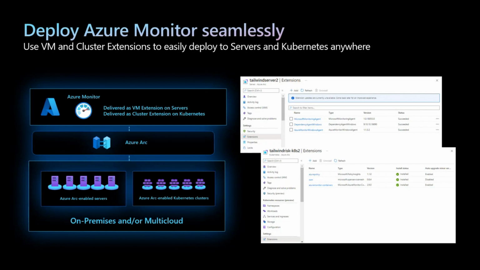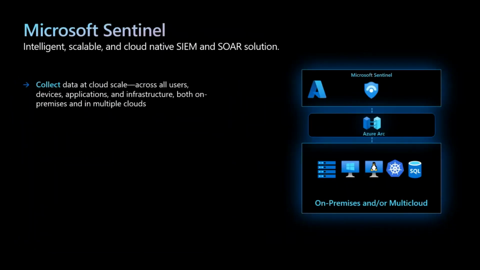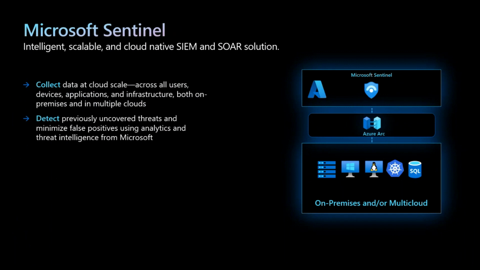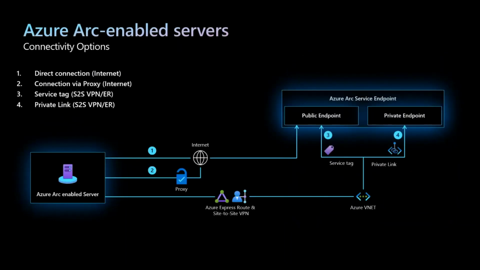So that is a kind of big security relief that we get once we Arc enable them in terms of operating through these resources. There is Sentinel as well. Once we Arc enable the workloads and have Defender for Cloud capabilities enabled on that, you can even utilize Microsoft Sentinel as well, to protect your servers or Kubernetes clusters, or even the SQL databases.